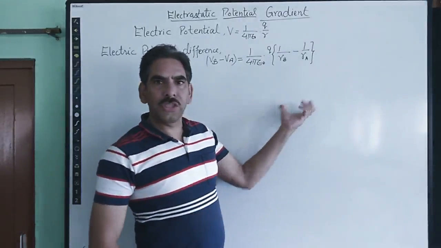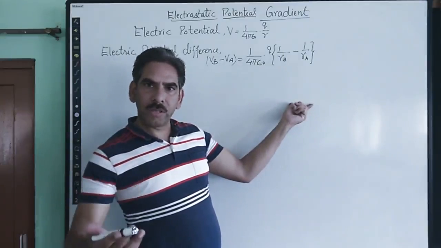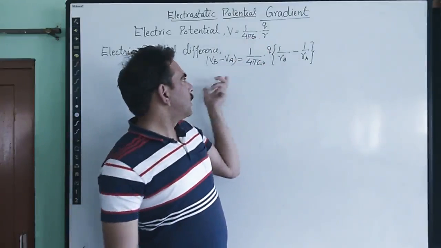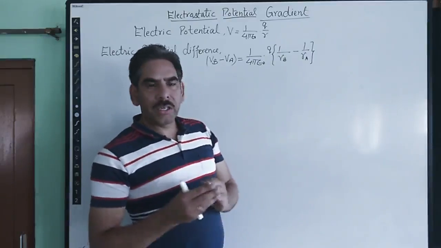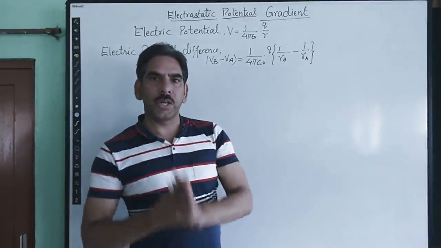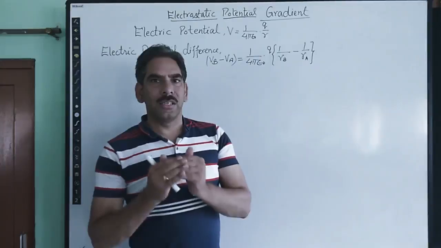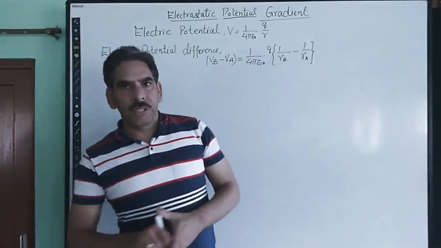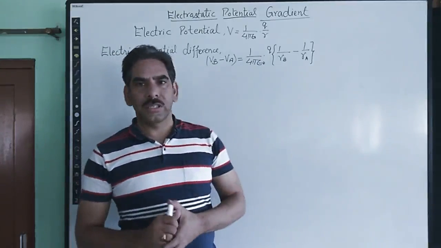So if the charge is to be brought to a point which is closer to the charge, the work done will be more, and hence its potential will be said to be more. And so in the case of electric potential difference, if the charge is being brought from a further point to a closer point, the electric potential will be more. Means more work has to be done against the electric field of the given charge. So this is the basic information we discussed in our last class, and we have concluded just now.